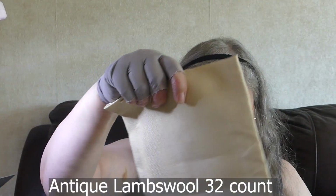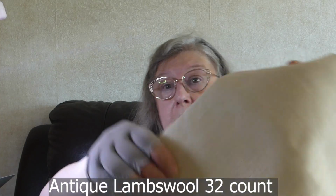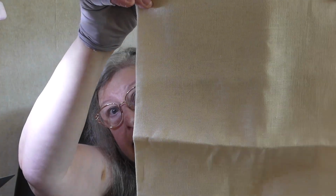And this is the material. It's linen. As I said, 32 count. And it's absolutely gorgeous. So I've got another nice little neutral that I can do a project on, and I have got a project in mind for that one, so I'll show you that. And the charts, well, I came out with several charts,